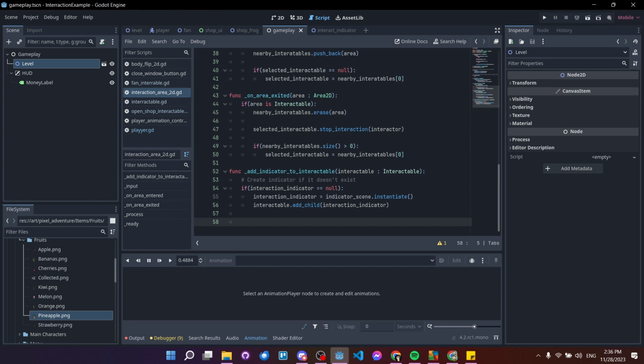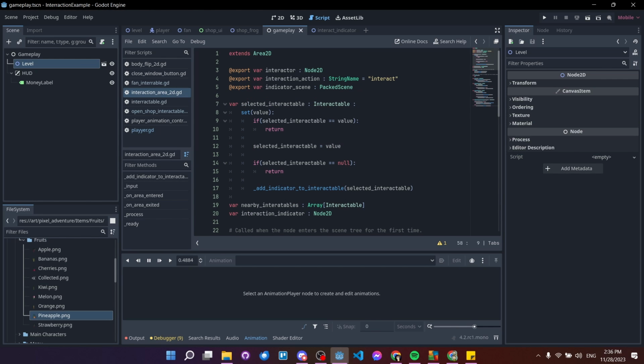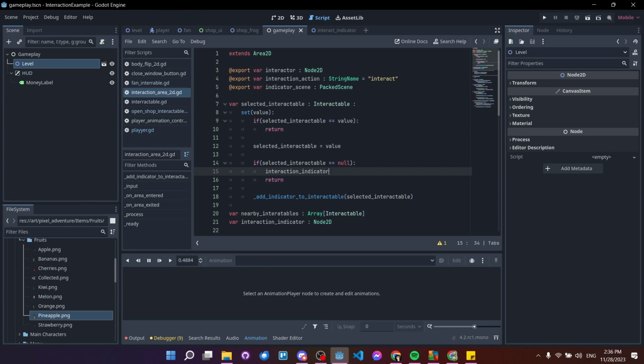If it already has a parent, then I think what you actually need to call is, let's see, interaction indicator.reparent to the interactable. So I think you can only call the add child function if it hasn't had a parent assigned already. So that makes sense when we're instantiating it, but not when we're reparenting it. So we would want an else, and then else we're going to reparent it. Okay, last thing, if our selected interactable is null, then we'd have nowhere for the indicator to go. So we're going to free it. So interaction indicator, I'll say .queue_free, which, if I remember right, is basically at the end of the frame,